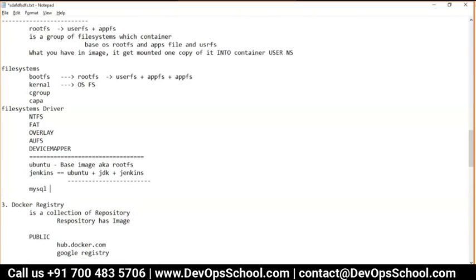So the MySQL image will have one base image. Now I don't know what base image it supports, but it may be any base image. It may be Ubuntu, Fedora, CentOS, Linux, Windows, anything. So let's say here it's CentOS. Now on top of the CentOS, they